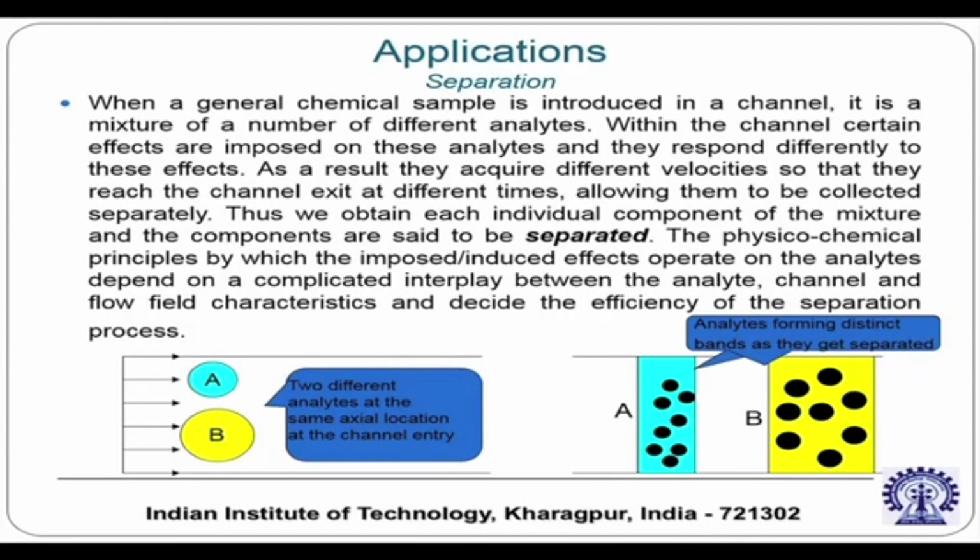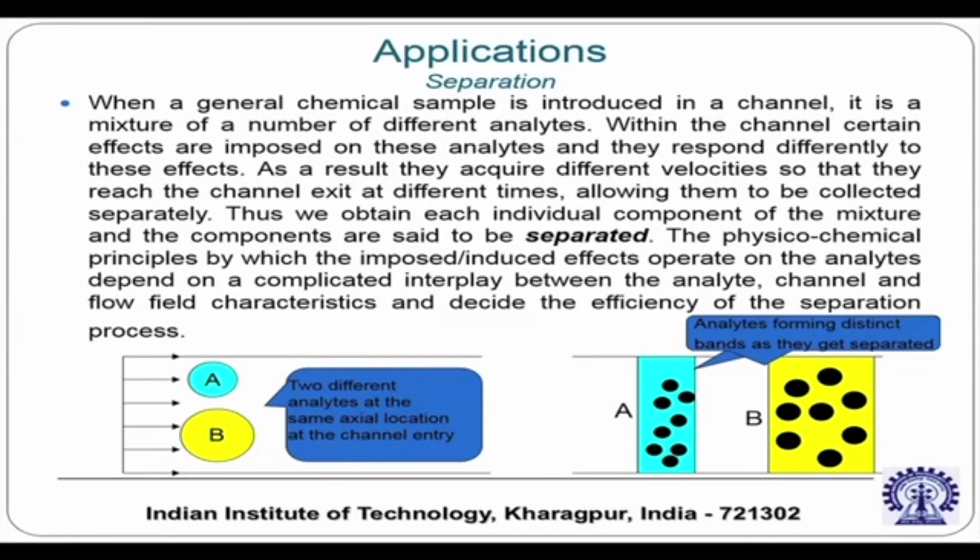So when a general chemical sample is introduced in a channel, it is a mixture of a number of analytes. Within the channel certain effects are imposed on these analytes and they respond differently to these effects. For example, electrical effect. So based on size the electrophoretic velocity will be different. As a result they acquire different velocities so that they reach the channel exit at different times, allowing them to be collected separately. Thus we obtain each individual component of the mixture and the components are said to be